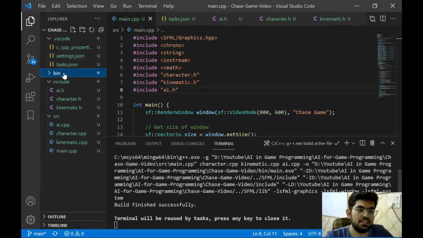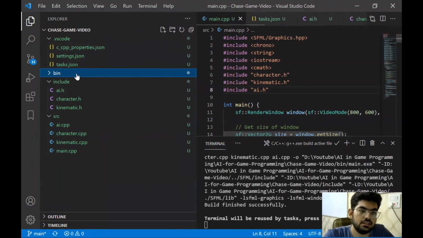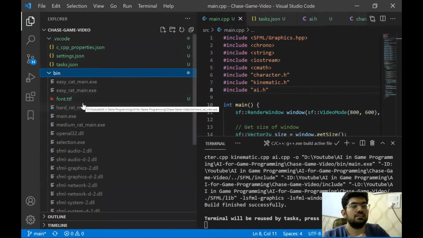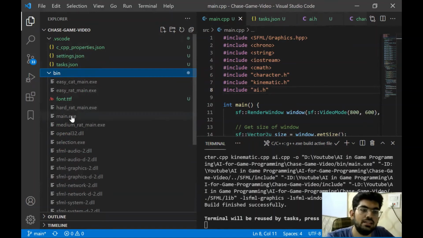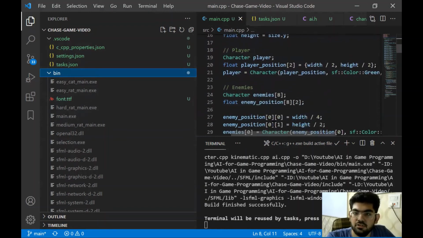Now these are the bin files. I'll just show what the bin folder has. The complete execution files were compiled in this bin folder. In this, we also have the font.ttf that we defined for the score.